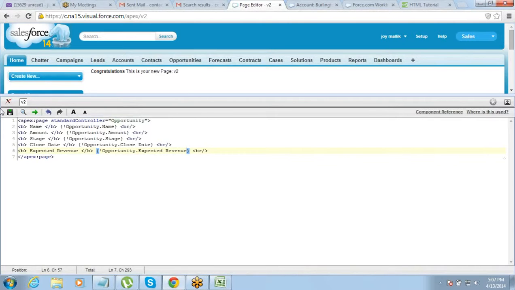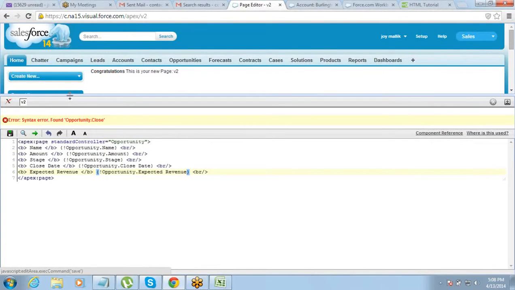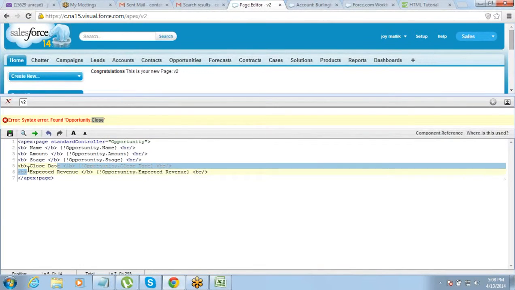Correct. Now let me go and save it. Okay. It gives an error. It does not recognize what is opportunity.close. Close underscore date. So what is the name of this field? How will we get that? Go back to your setup, customize, go to setup, customize, and under